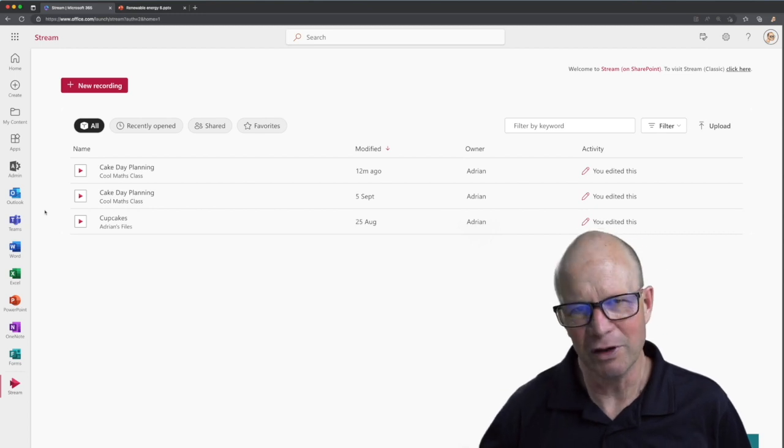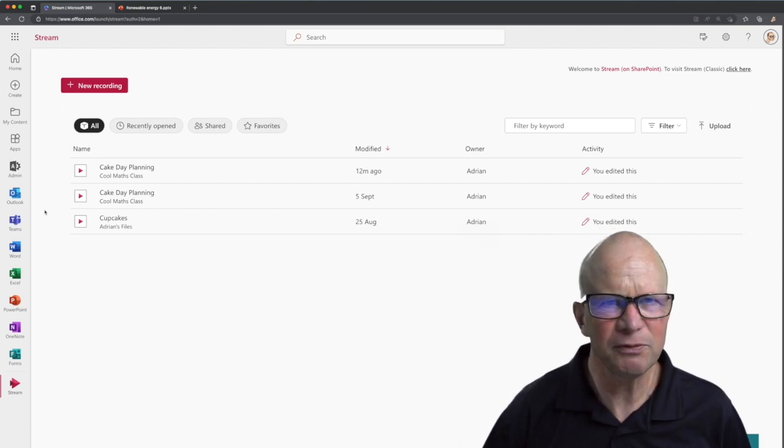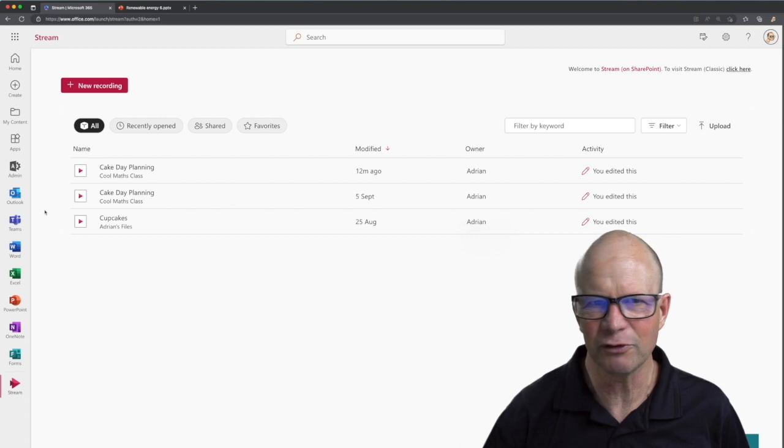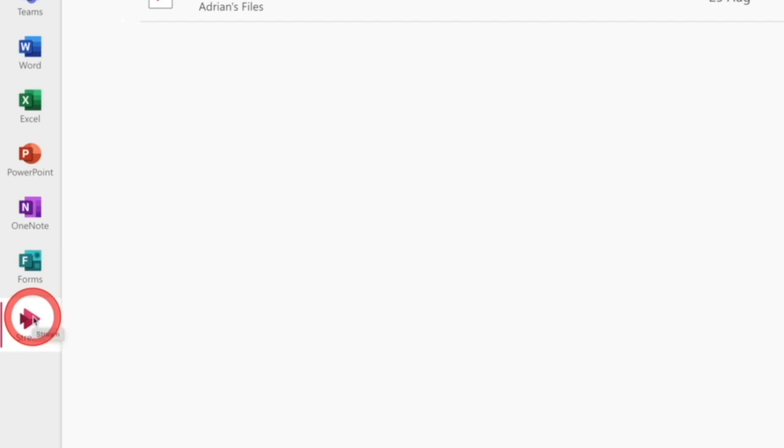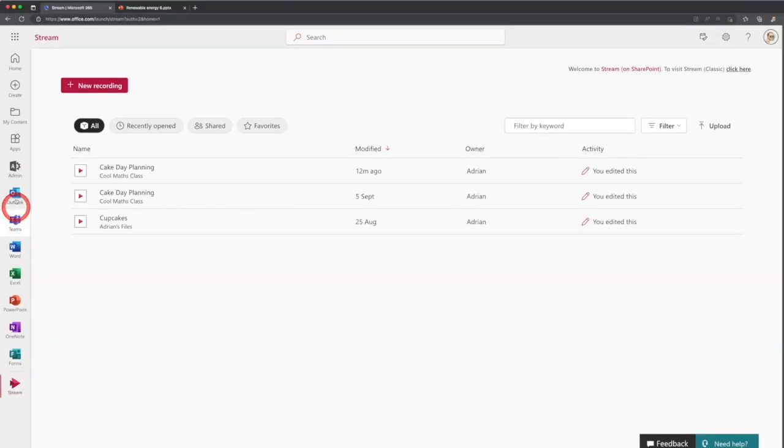Now, I'm looking at how we can apply the new changes to Microsoft Stream straight into your classroom. I don't know if you realize, but Stream got updated just before Christmas. When you open up Stream by coming to your apps launcher on the left-hand side here, and then coming down and finding Stream, if you can't see it down here in your list, just click on All Apps